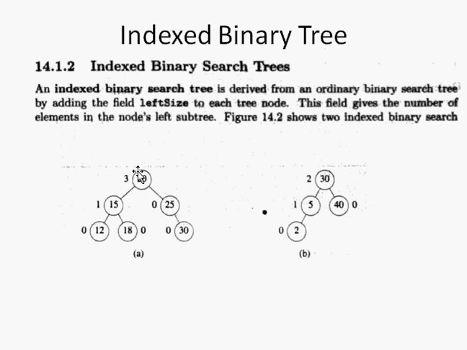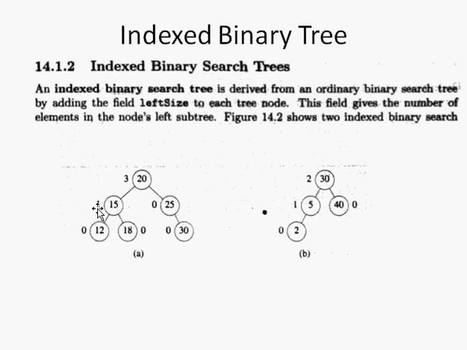When we take this as the root node 20, you have one left subtree and this is the right subtree, and the total number of elements present in this left subtree is 3. So we add 3, the field value is set as 3. This indicates the total number of elements present in the left subtree. Now when we move back to this node, it has one left child. The left subtree is only one element, so we write 1.